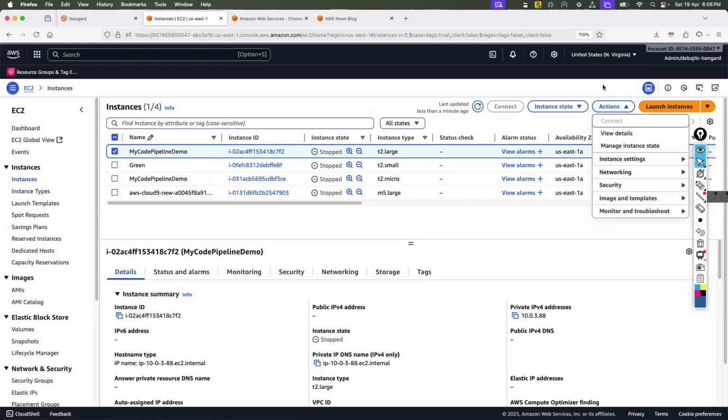I want to take an AMI of my code pipeline demo server. How can I take an AMI? Go to Actions, Image and templates, create image.